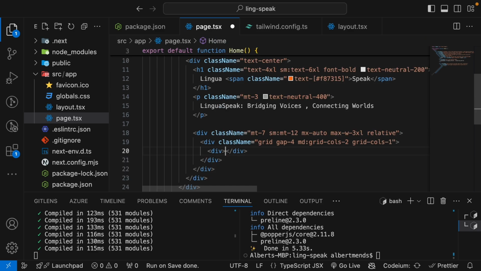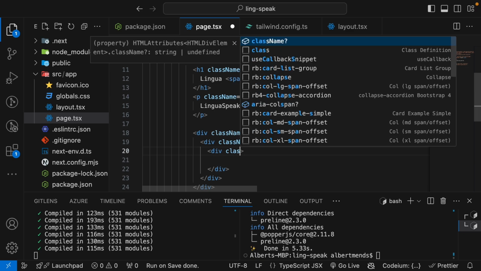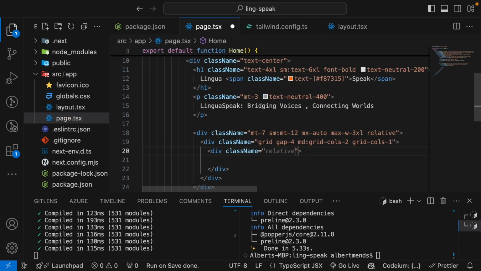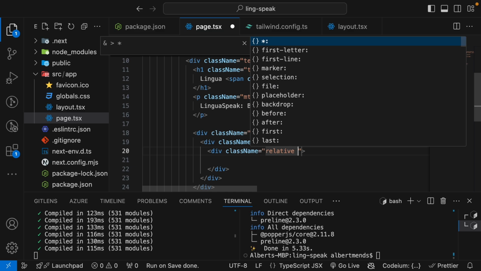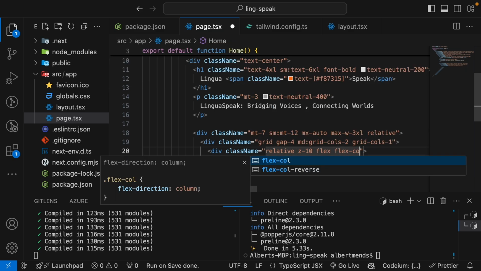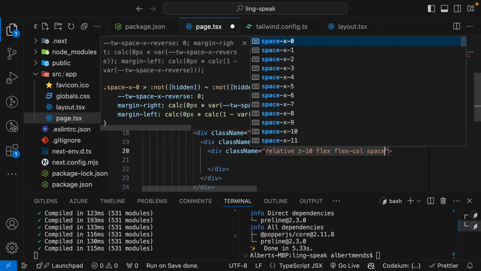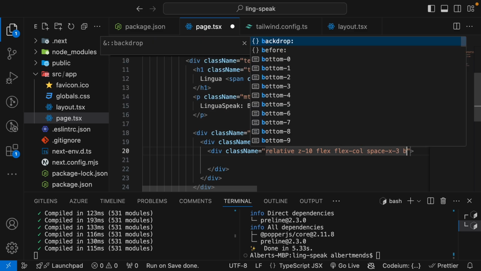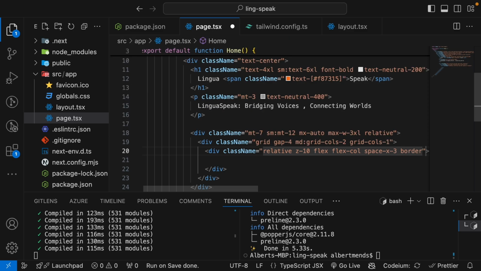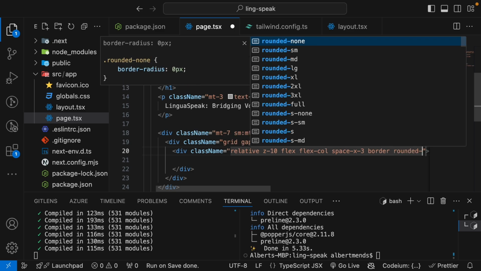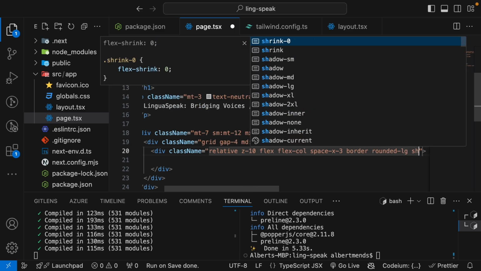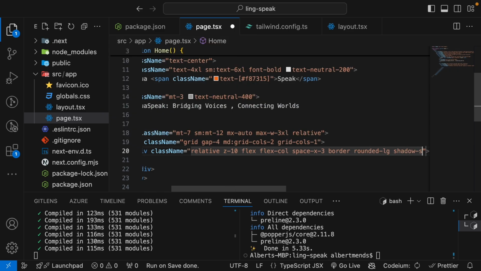So div and a class name of relative z of 10 flex column space x, a border, a rounded of large, shadow of large,